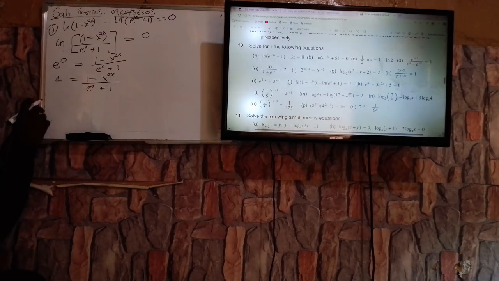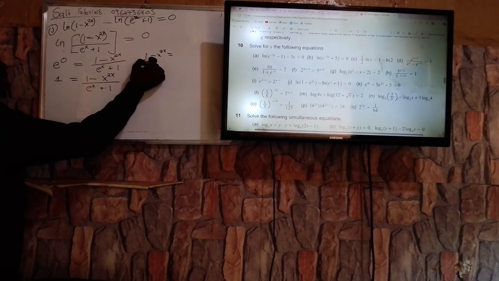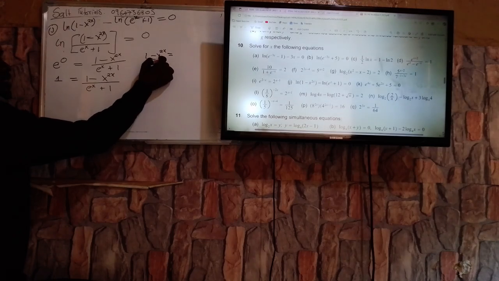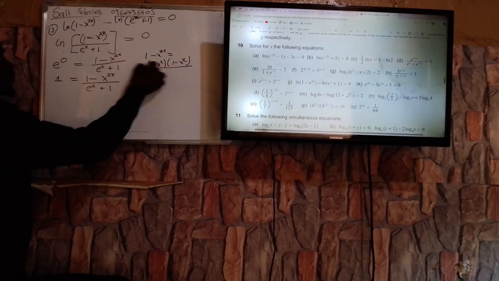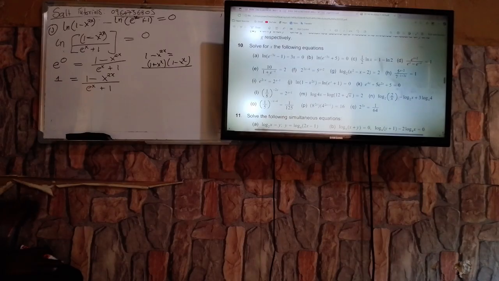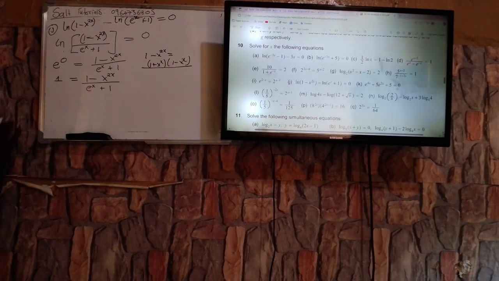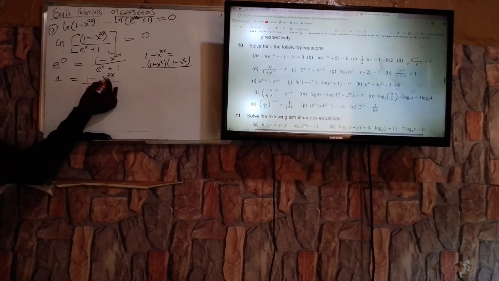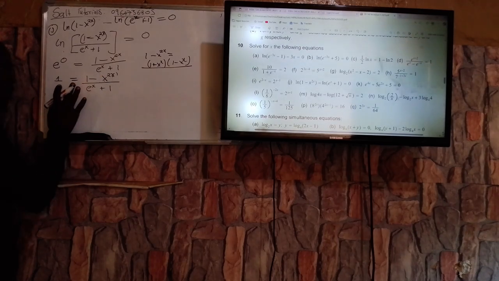Can the difference of two squares work out here? This is just the same as 1 minus 2 power x, which is the same as 1 plus x power x and 1 minus x power x. If you look at it very well, that's the same as that. But since we don't have that yet, we can leave it the way it is. Okay. So now, this is the variable x, and this is another variable x. So, for the fact that I have the base and again the x is found in a power, it will be very much difficult to solve this guy with the knowledge we know right now. So, basically for now, I will leave this question